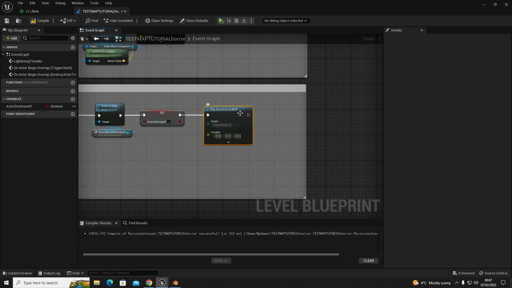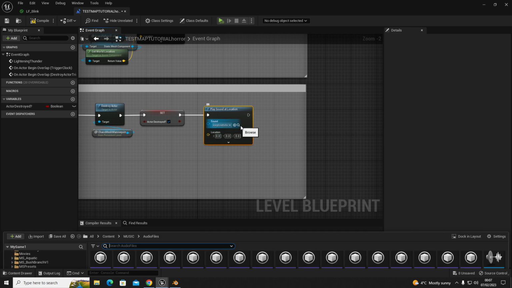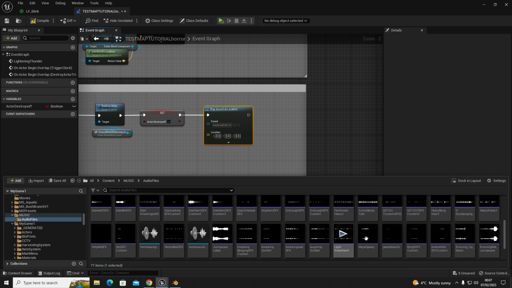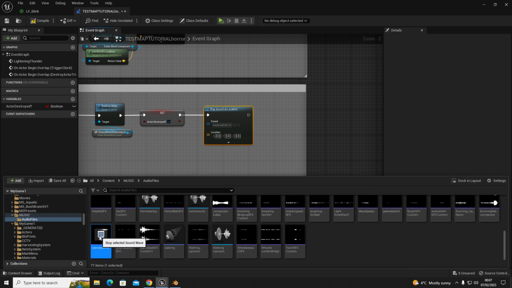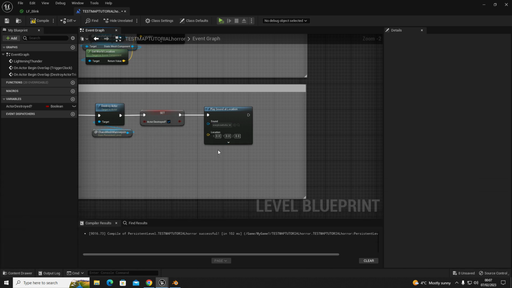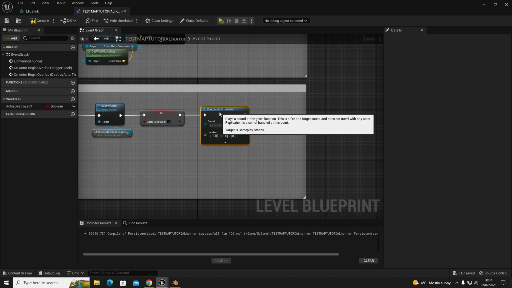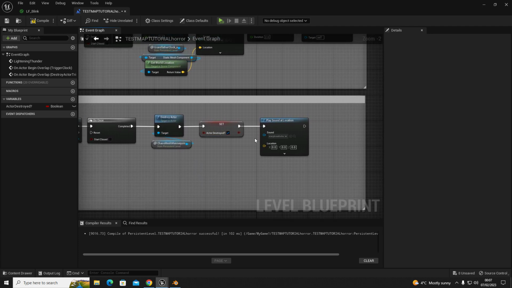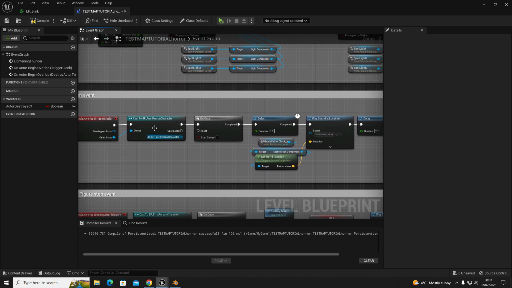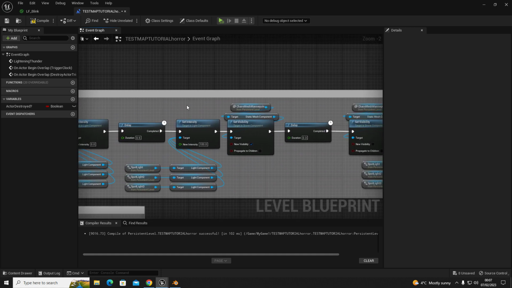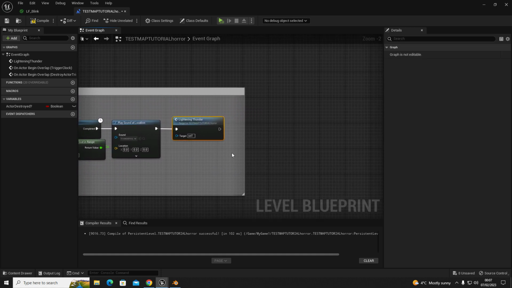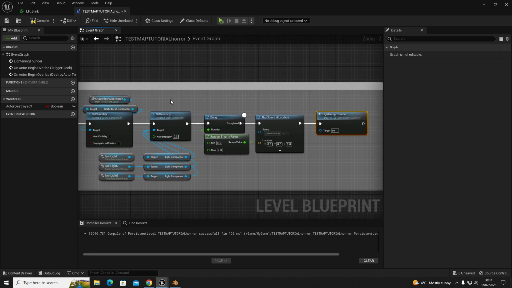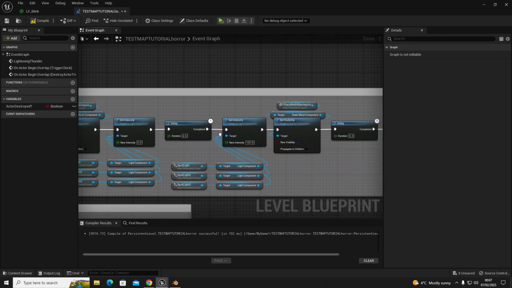We heard that played that scary breathing sound. I named it. Let's see, where is it? Which was this one. When the actor disappeared, to give us a bit of a sound cue so I knew it happened. You don't have to add that, that's just so we know it's worked. So this is being called here as a true, so we've set that value to true, and then when it goes to call this function, the custom event that we created, which is this line of code here, all of this,